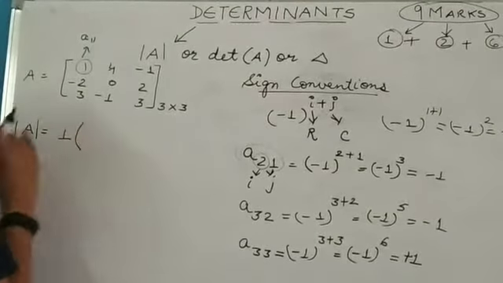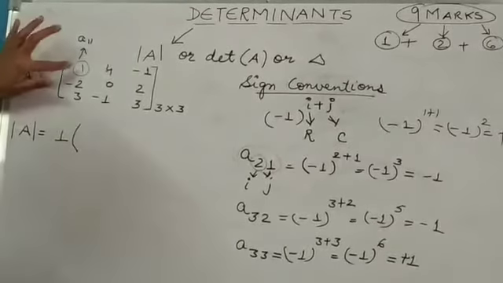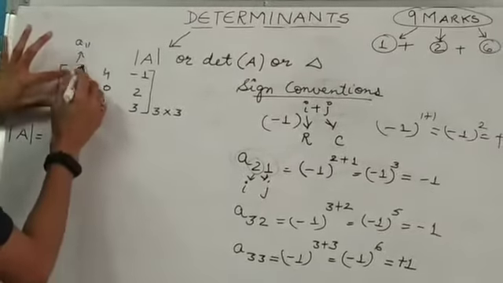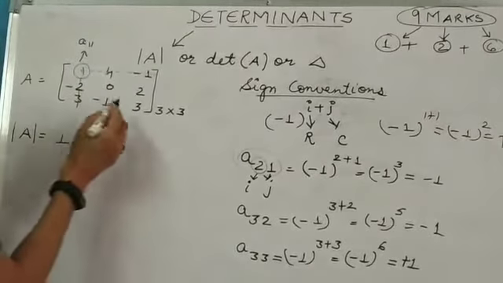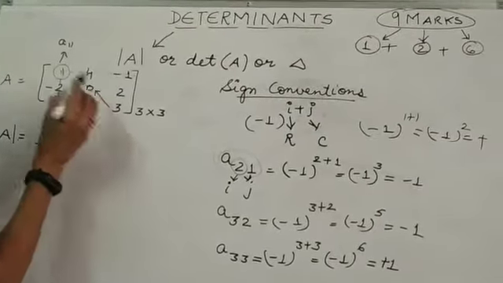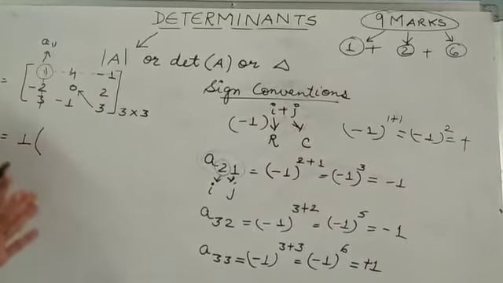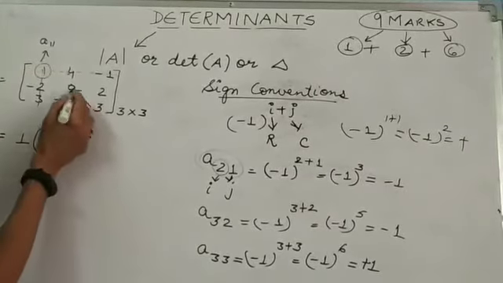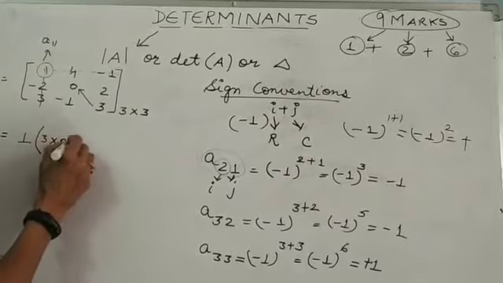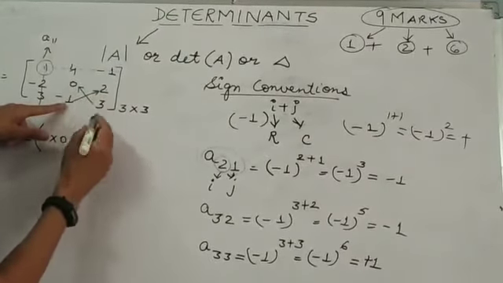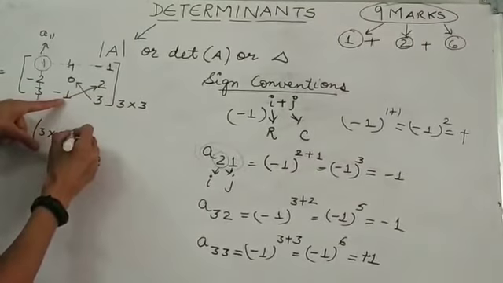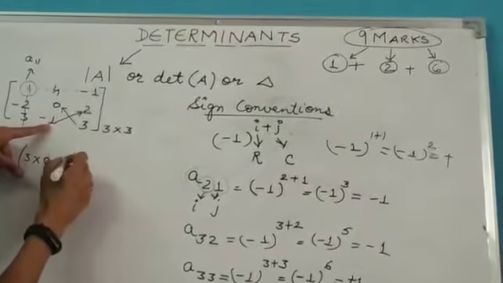Now, if you have taken this 1, then you delete this row and this column, and then you go as you have done in the 2 into 2 order matrix. 3 into 0 minus this into this. So this will be 2 into minus 1, which is minus 2, and minus and minus will be